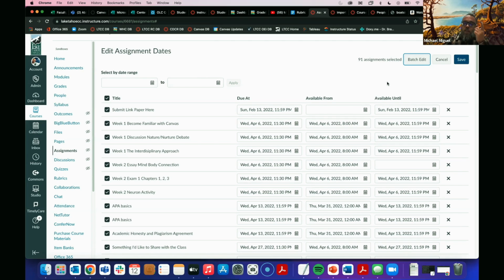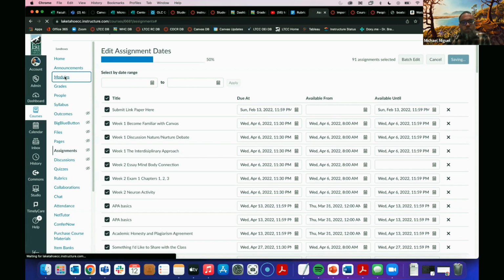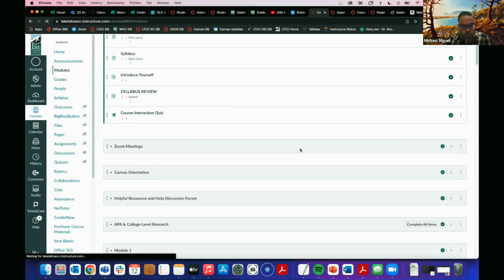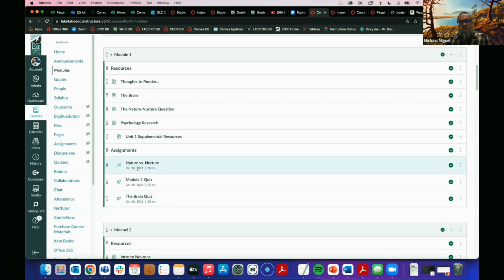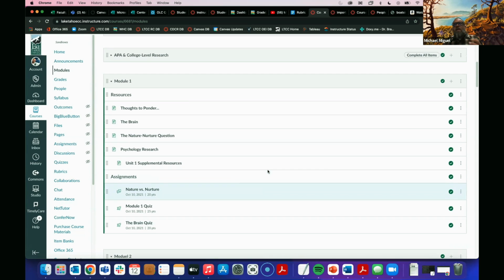Now, one thing from my instructional designer days, the biggest thing in Canvas is if there's a blue button and you want to keep the changes you've made, you better click that big blue button. You'll do all this work, and if you don't click that save, it's like you didn't do anything. You would save it, it'll adjust all those dates, and then when you go over to your modules, now you'll see that all the dates have been edited. So that's really the best way that I've found in my experience to do the batch edit.